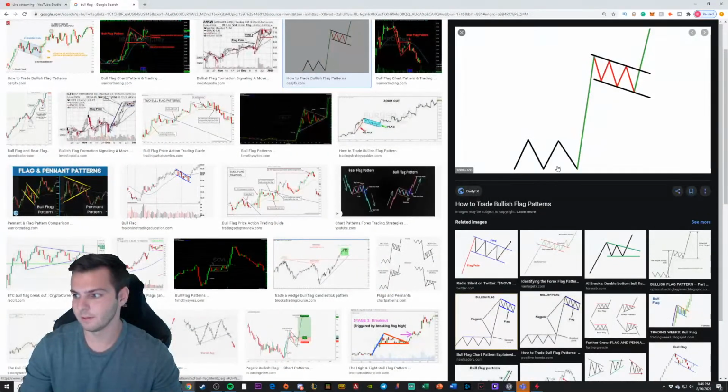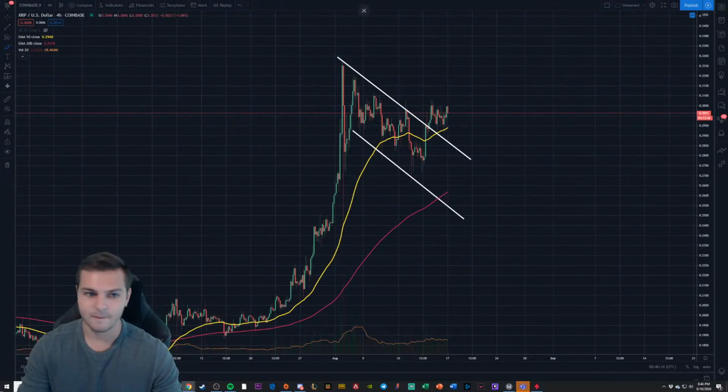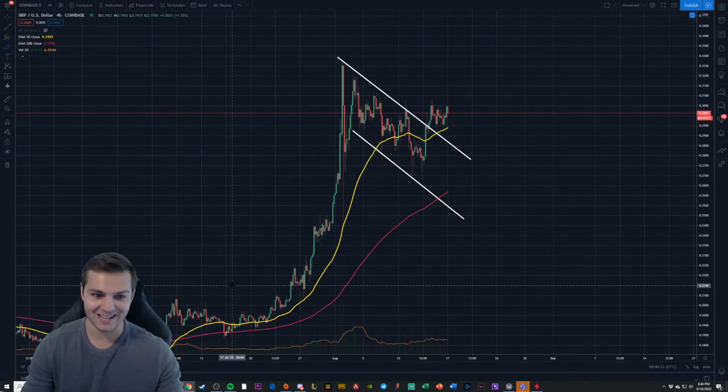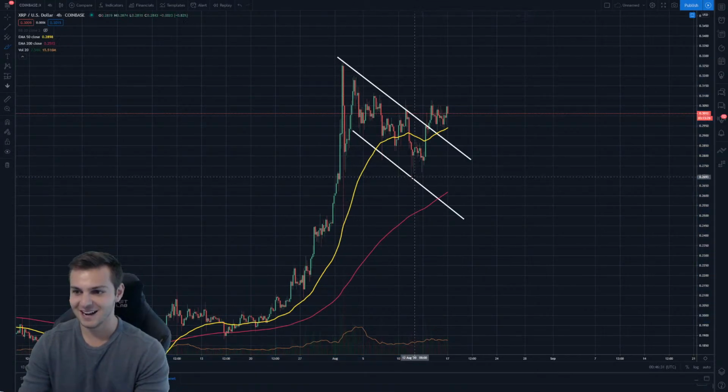Now, if this looks just like what we're looking at right over in here. Of course, we have our consolidation, move up, falling parallel channel, breakout, right? I literally just Googled the word bull flag, and that's what comes up. So I just show you that so that you guys can see the correlation between what we're looking at here and how very similar what I just showed you as a textbook Google version of what a bull flag is looks to this chart. Of course, the consolidation, the bull pull, the falling parallel channel, and now we're starting to